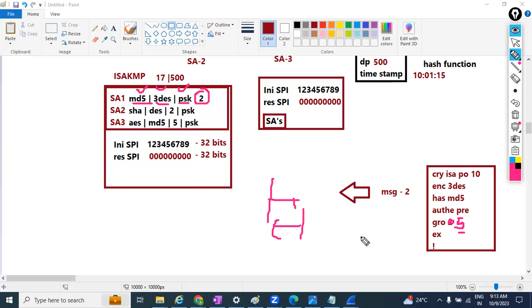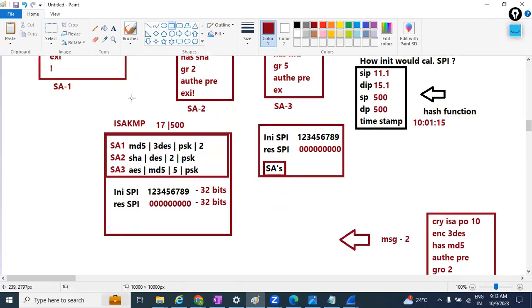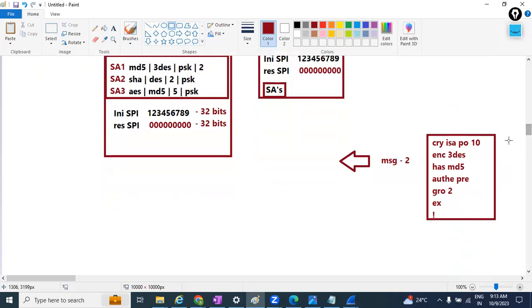The reason is we have configured something else on the initiator side and something else on the responder side. So negotiation is not happening. They're not agreeing on the same parameters. That's the reason it won't be up. Is that clear? Okay, so along with that, they would mention here initiator SPI